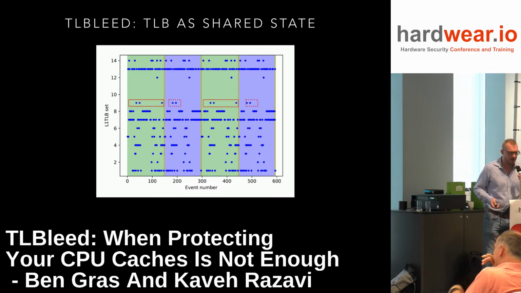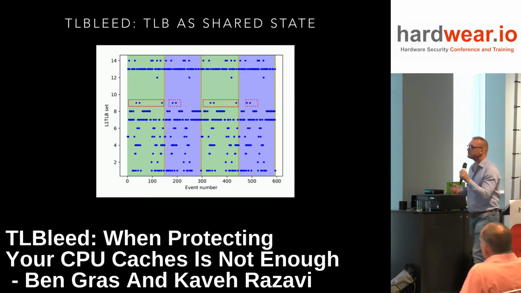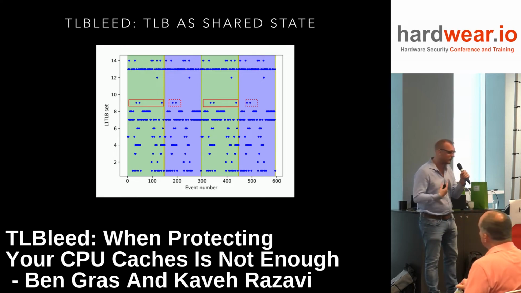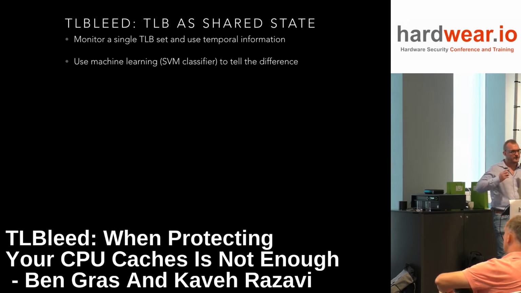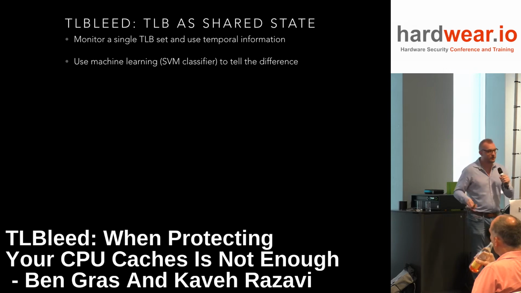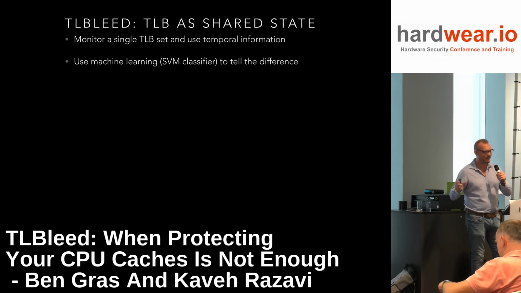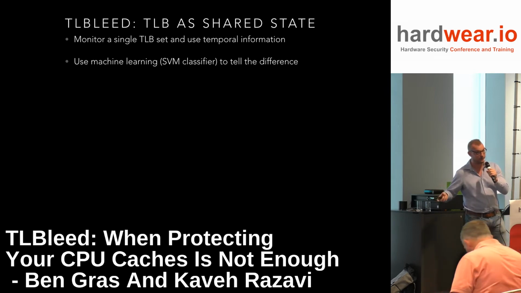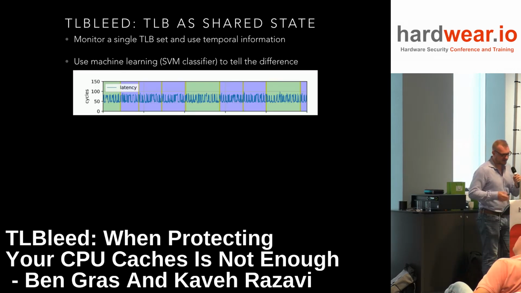What we can see, even though it looks hard, is that patterns like these are different. They're a little bit different in time. I see this pattern when it's green, always, and this pattern, with fewer dots together, when it's blue. So can we maybe exploit this temporal signal in an attack? Let's monitor a single TLB set and try to use this temporal information to recognize whether we are in a blue shaded area or a green shaded area, which corresponds to the secret key bit, don't forget. So can we distinguish 0 from 1 using this technique?